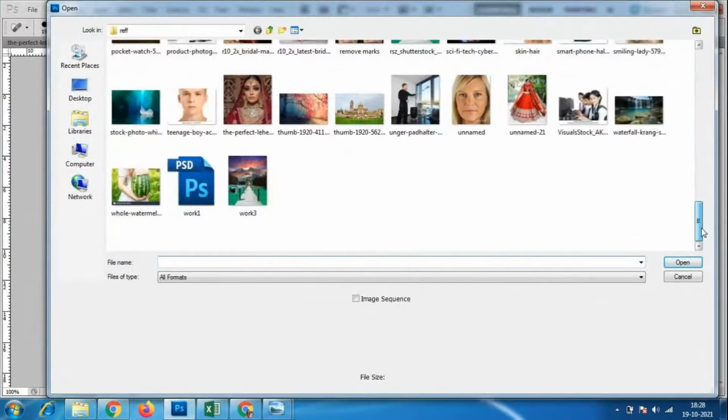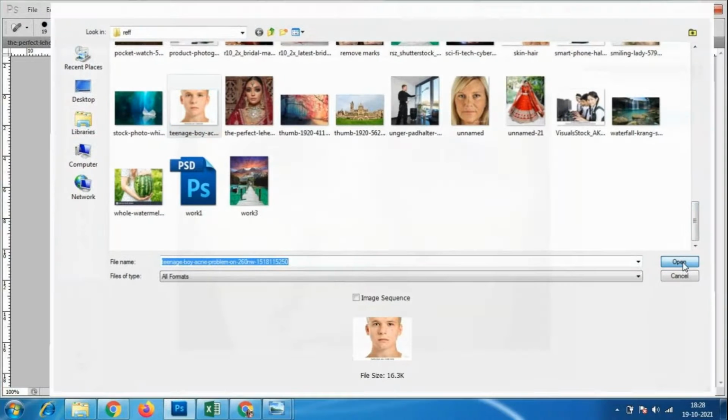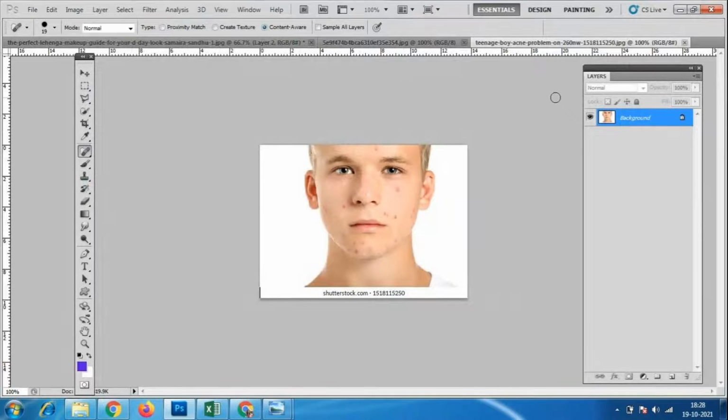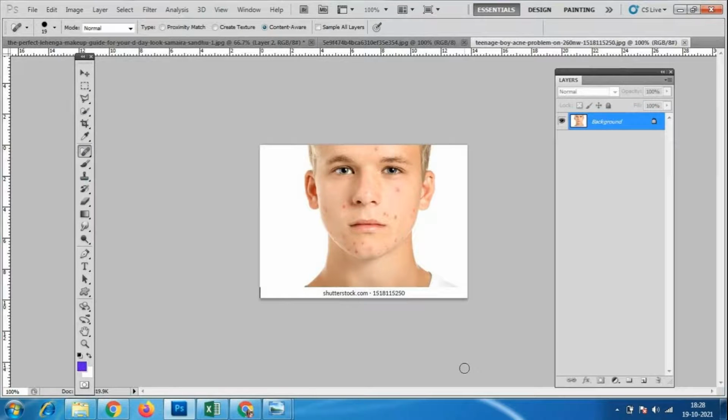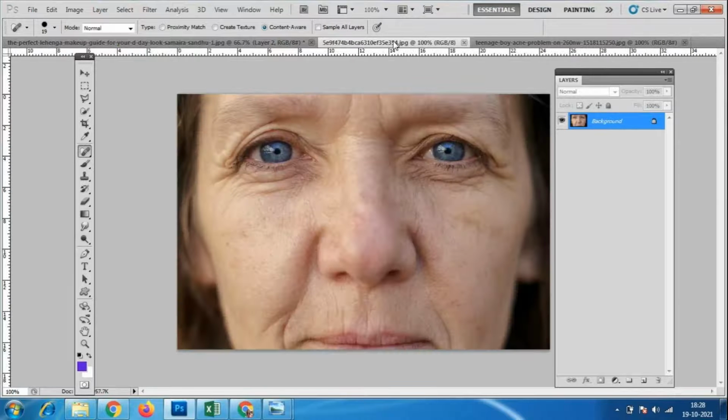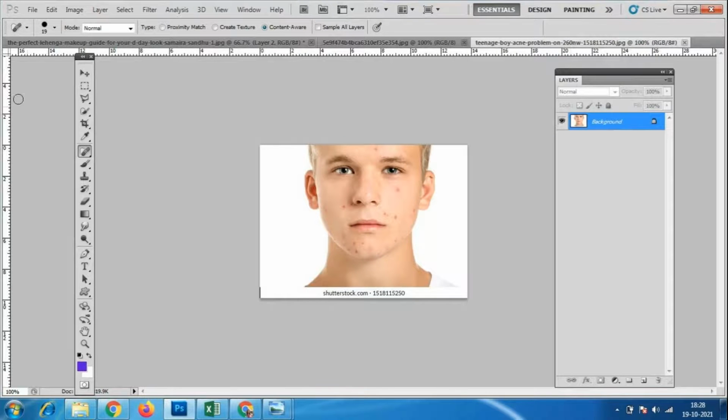So I have some images like this, which already have the marks. How to remove the marks on the face? How to remove pimples, wrinkles, scratches, accidental marks on the face, how to remove those things? Everything is possible with the Photoshop software. Is that okay, everybody?